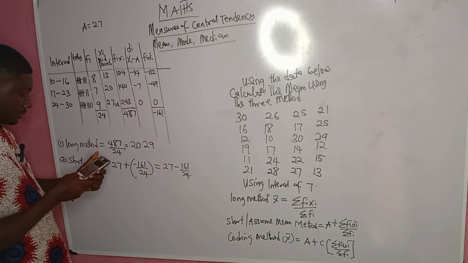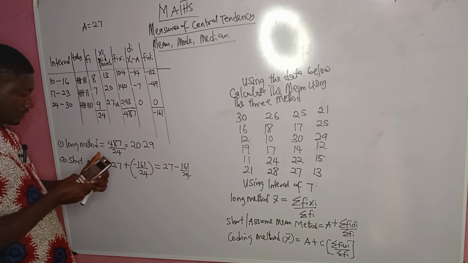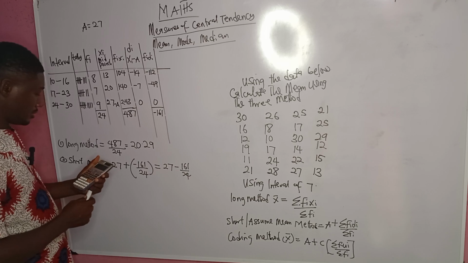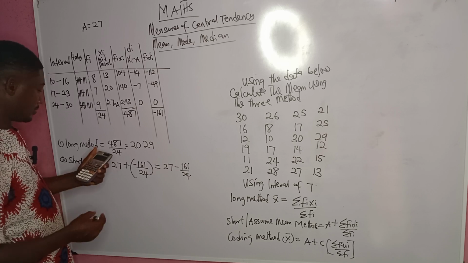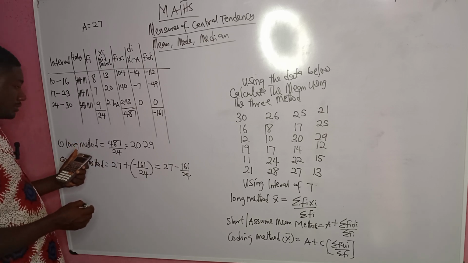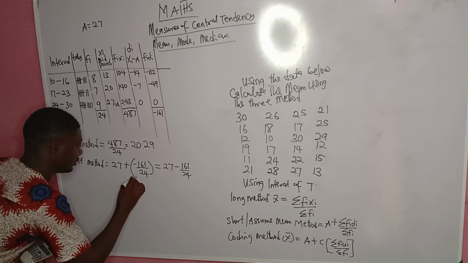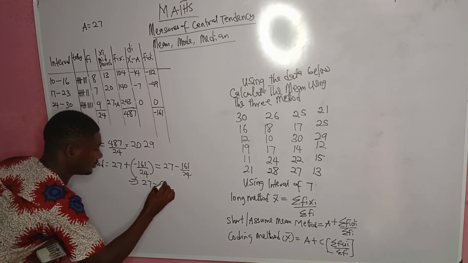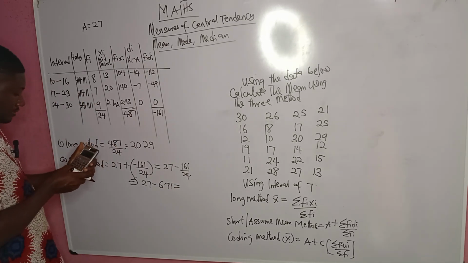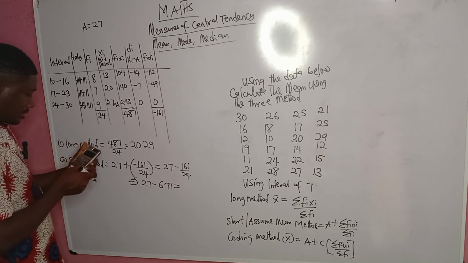So we are going to say 161 divided by 24. That will give us 6.71. So this will give us 27 minus 6.71. That gives us